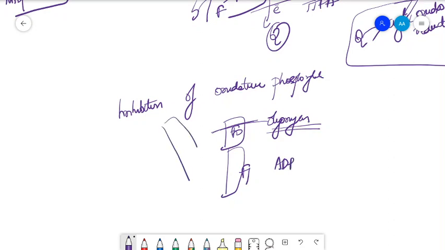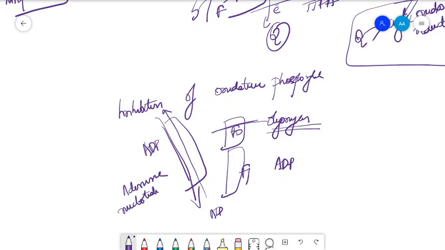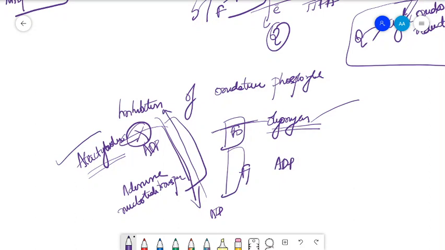with the help of one transporter, the ADP-ATP transporter, which transports ADP from the cytoplasm into the mitochondria, and ATP is taken back out with the help of this transporter, the adenine nucleotide transporter. Atractyloside blocks this transporter. So these are the inhibitors of oxidative phosphorylation: atractyloside, which blocks the ADP-ATP transporter, and oligomycin, which blocks the FO subunit.